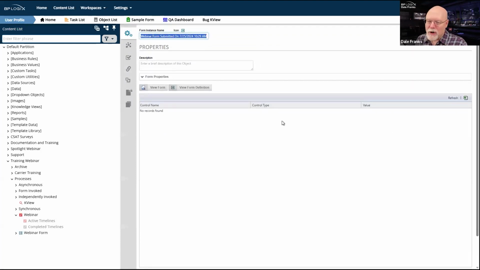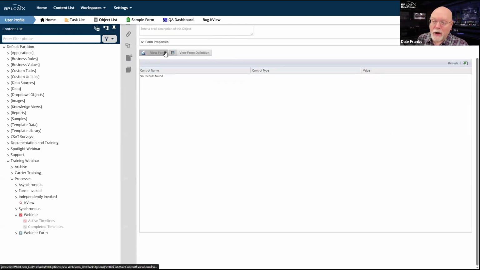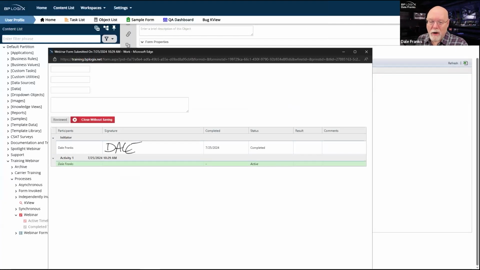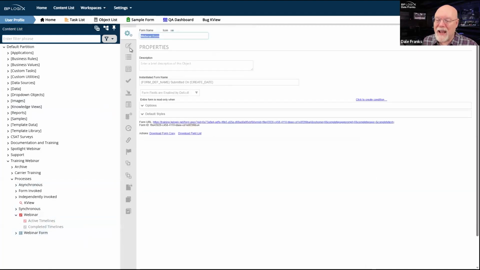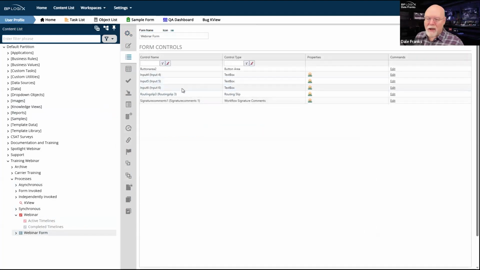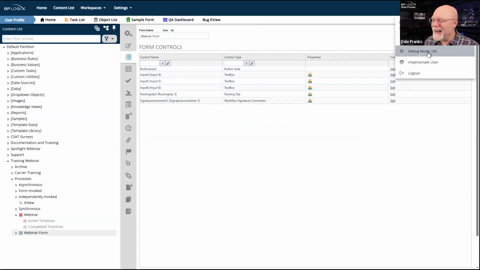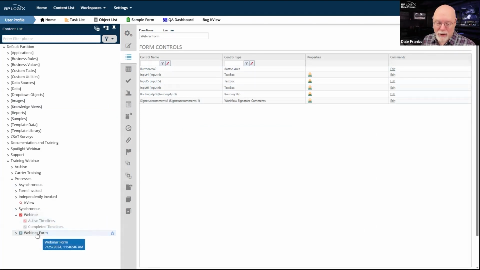Well, there were no controls on that form, and they still don't exist. Now, if I look at the form itself, they're there. They're just empty. And if I go into the form definition, form controls tab, form definition. Okay, they exist. So by the way, now I've got controls that didn't exist for half of my instances and that now exist for the other half. So there may be some things that I need to do, and I'm going to have to go back into debug mode to do them.